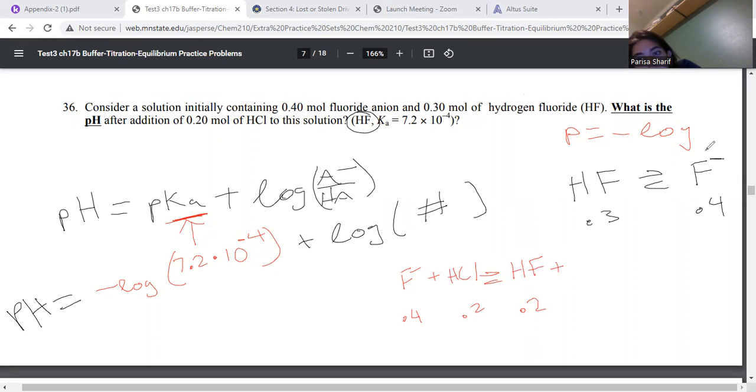And then the F minus is going to go down. So we're going to have 0.4 minus 0.2 because every F minus reacts to create something new. So we're going to lose 0.2 of it. So I can already tell you what the final amount of our conjugate, our A minus, is. It's going to be 0.2. Okay. And it seems if you try to do this too fast that we have the HF amount already, but we don't. We need